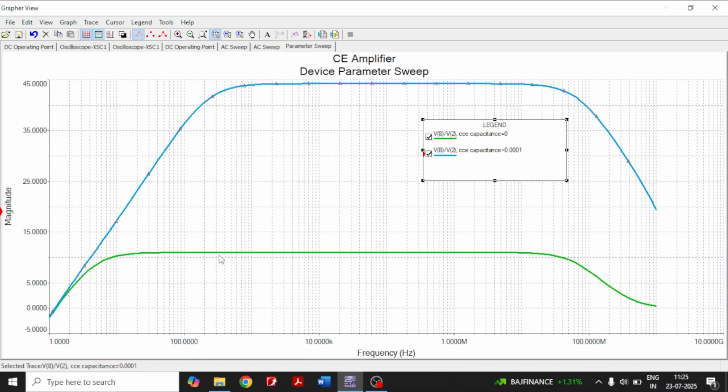V8 by V2 green line, whatever green plot is there, this is for capacitance 0 microfarad. Means if you remove the bypass capacitor, you can observe that the gain is decreased and the bandwidth is increased. And for the blue graph, capacitance is 100 microfarad where the gain is more and the bandwidth is less. Based on this, you can clearly say when the emitter bypass capacitor is removed, the gain is reduced and bandwidth